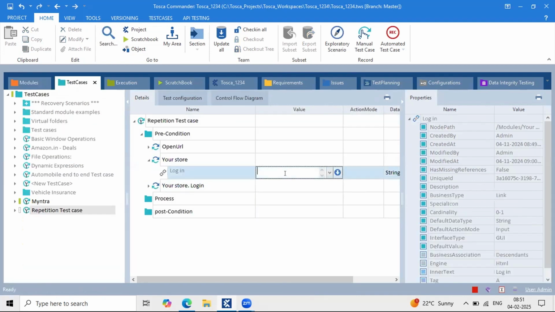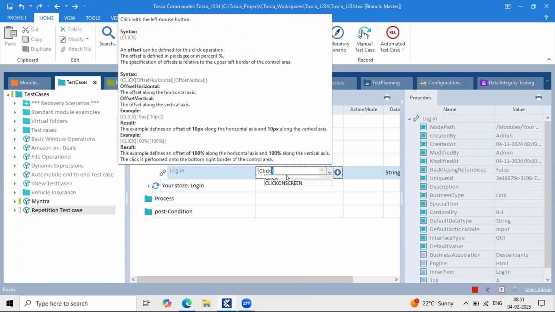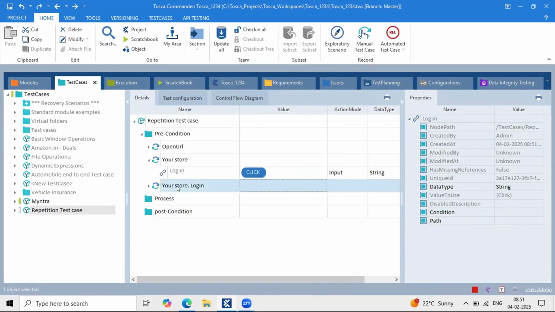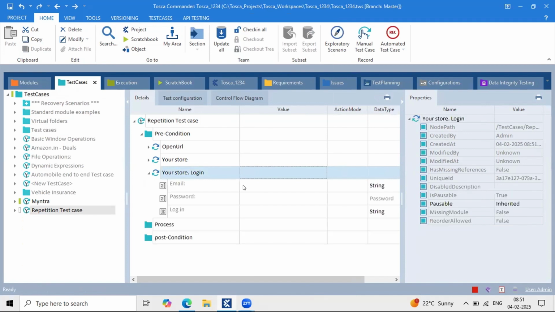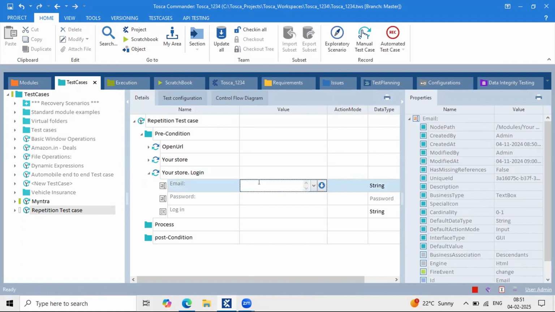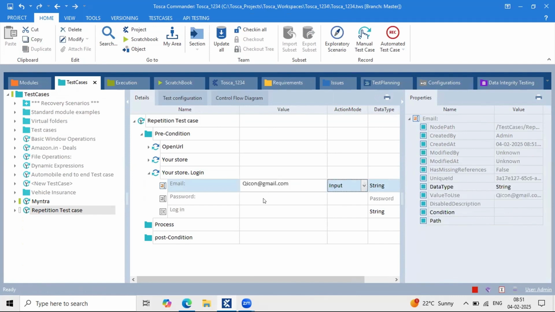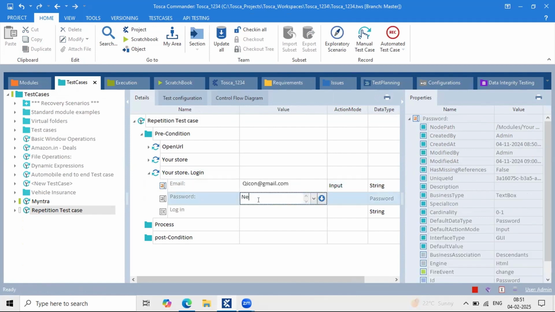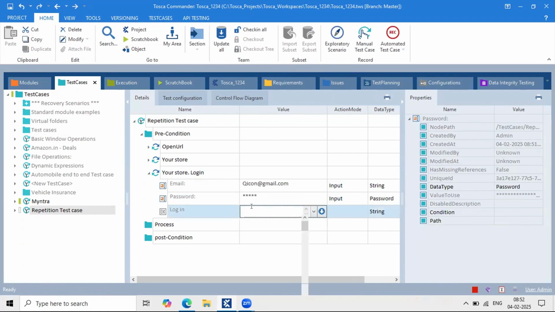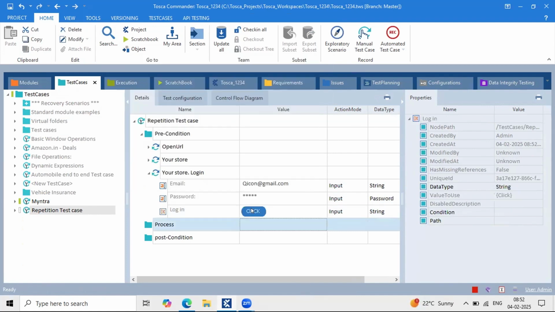So perform a click operation on login and then enter login credentials here. The password is next@123 and click on login. Once you perform a login,